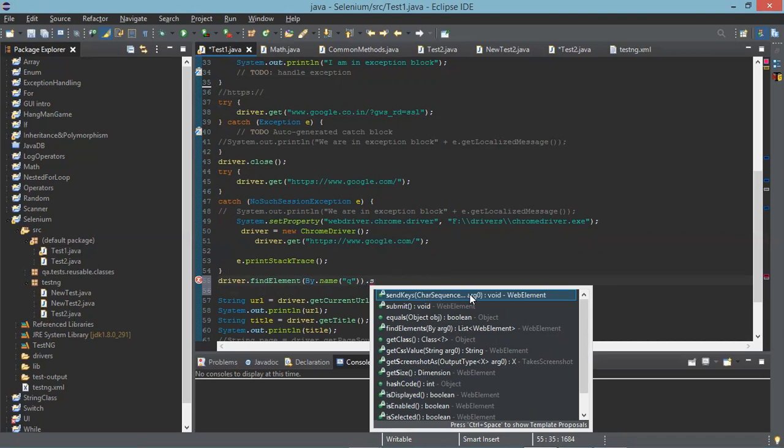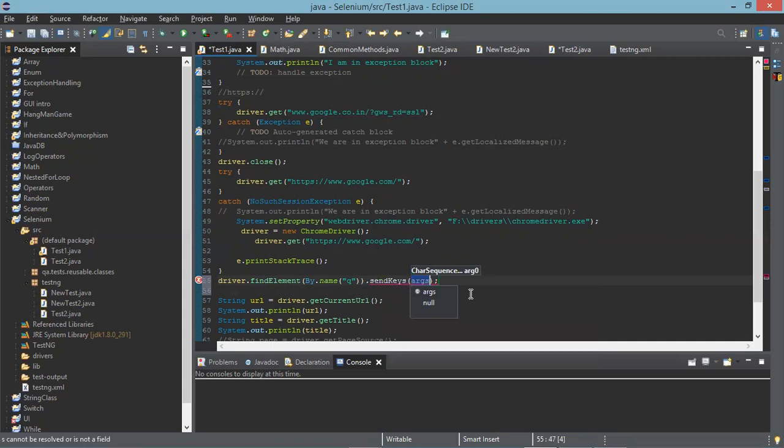Select that. This is the method used for entering a value on your text box. Double quotes, you give the value, your name. Now what it does is it enters your name.